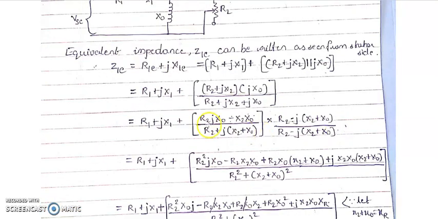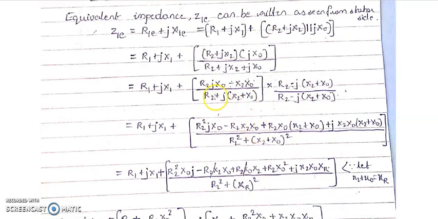And again we shall separate the real part and imaginary part from each other by taking the rationalization form. So we shall rationalize here. The denominator becomes (R2 minus j(X2 plus X0)) and we shall multiply these two in the numerator. First I multiply this R2 with this, so R2 into R2 square, jX0 remains with a minus sign, and minus R2 X2 X0, yes or not? Next minus j(X2 plus X0).